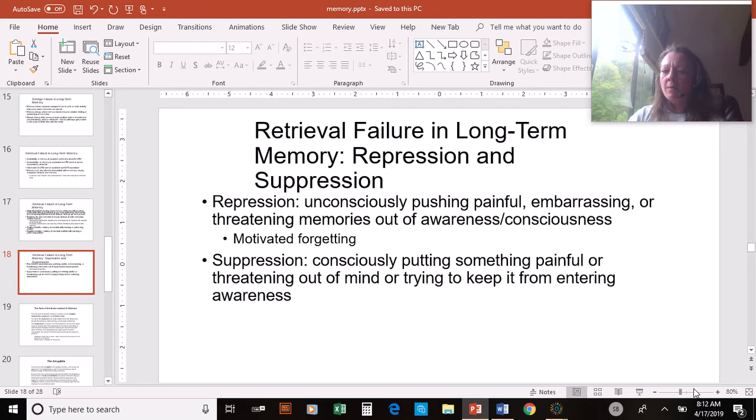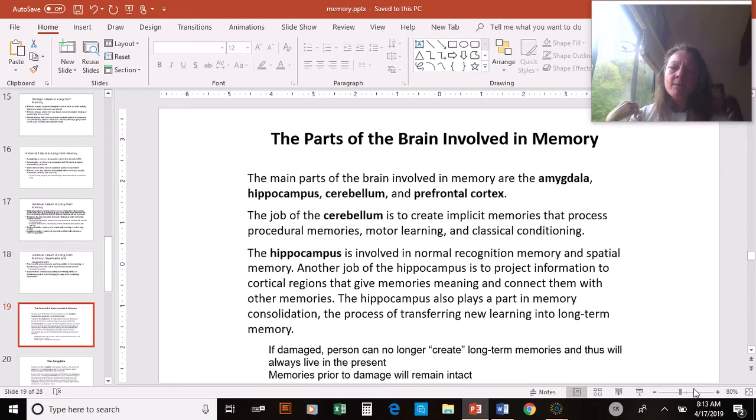I would say, break it up into Freud's 3 parts of the mind. Suppression would probably mean something like, oh, I don't want to think about that, so you push it down into your subconscious, and then if you keep pushing it, it gets repressed, so it goes down into your unconscious. But suppression, like I said, is more of a conscious thing. Alright, so we already know that our cerebral cortex and our hippocampus play a role in memory.